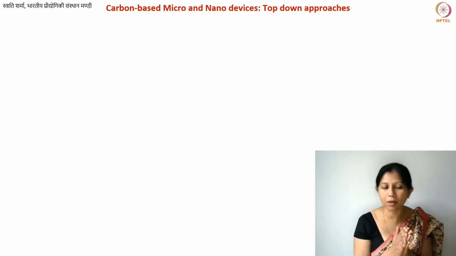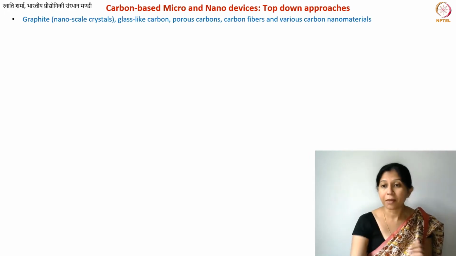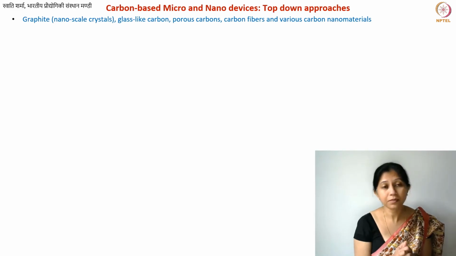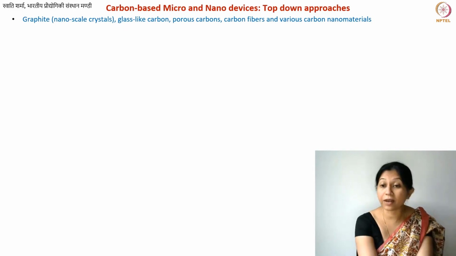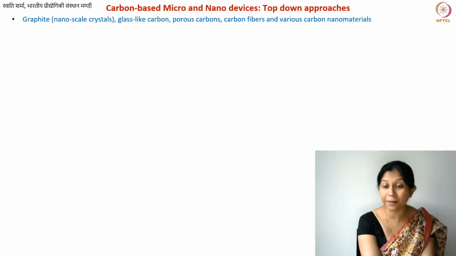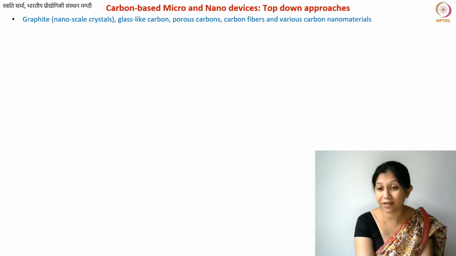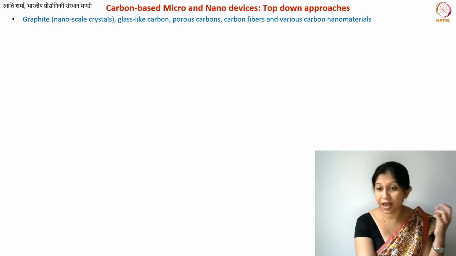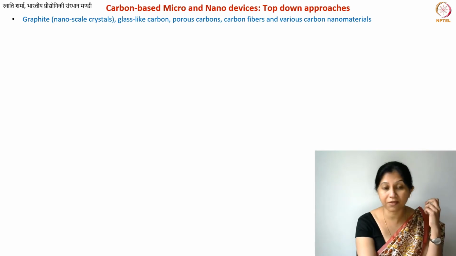So when we talk about micro nanoscale devices, what carbon materials come to your mind first? First you think of carbon nanomaterials because they are of nanoscale, so we can of course make nanoscale devices using them, which is correct. You can also use them at larger scale, but you can definitely make nano and micro scale devices using carbon nanomaterials like graphene and carbon nanotubes and fullerenes. And there are also some other materials that I have not discussed in this course, for example, graphite whiskers.